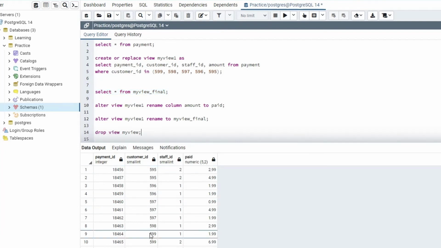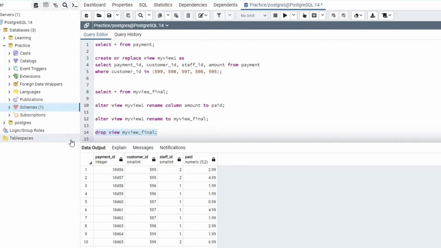And yes, you guessed it right, if you want to drop a view which is no longer in use, you simply execute this statement, drop view, and then you mention the view name which has been changed now, so I'll use this one. And before dropping this view, I would like to also show you where the database